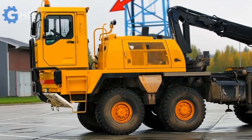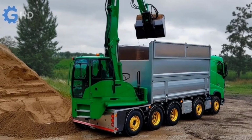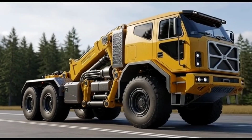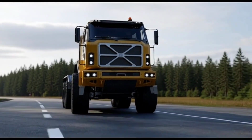When Swedish tuning legend Sven-Erik Svempa Bergendahl set out to build a truck of the future, he created something that stunned both engineers and fans alike. The result was Chimera, a machine that isn't just a showpiece but a high-performance